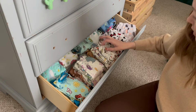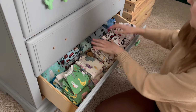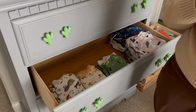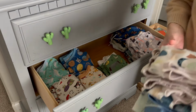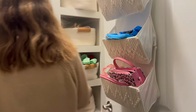Like I told you, I am always doing laundry, so here I am putting away even more laundry. And you can see that in Auden's room, this is Ashton and Auden's room, but the little handles are missing off of Auden's drawers because he's our rough little guy. And then these top two drawers are Ashton's because he's taller, and all his handles are still intact. And then